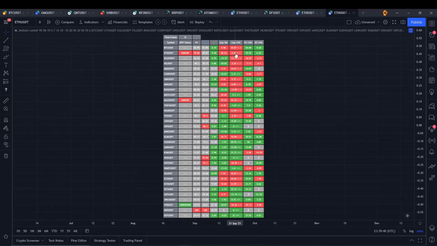And then if you look at the color of the gap value, if it's red, it means that K1 is above K2. If it's green, it means that K1 is below K2. Why red and green? It's the same color as the fake up and fake down. Fake down is always green, fake up is red. Okay. And then you have another column here